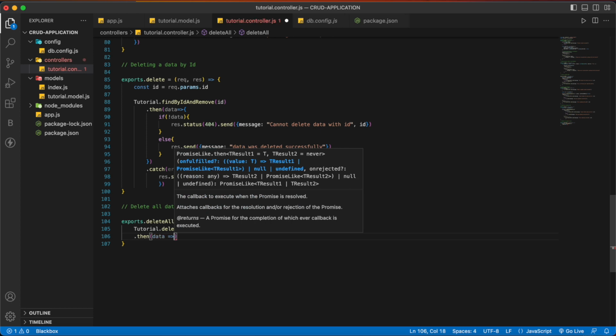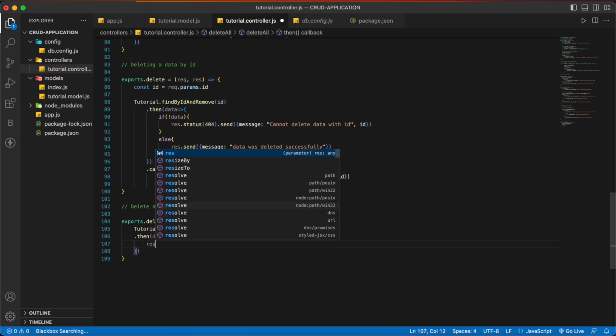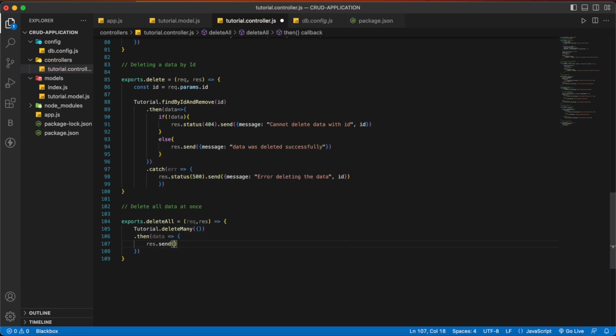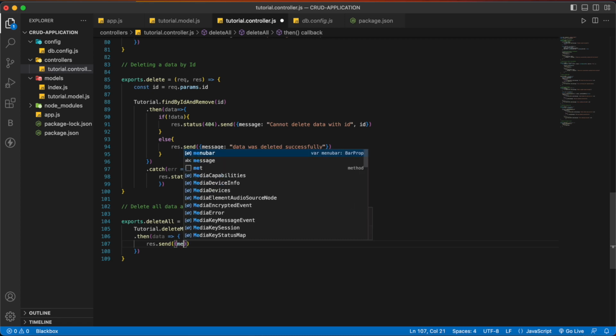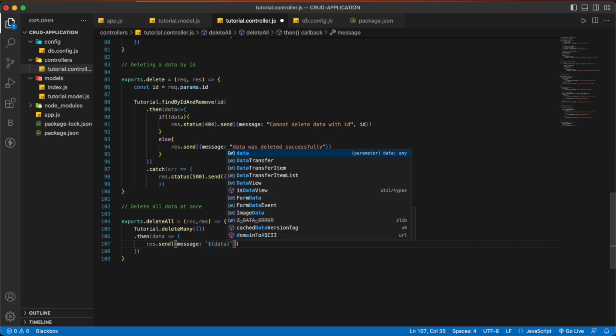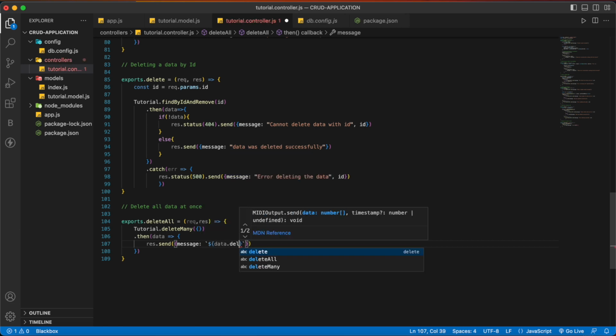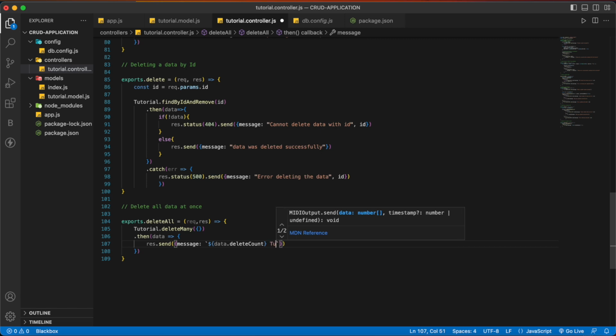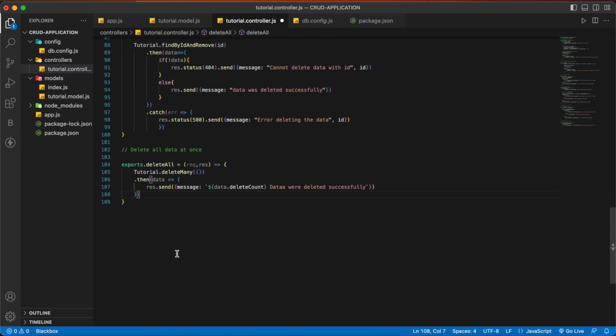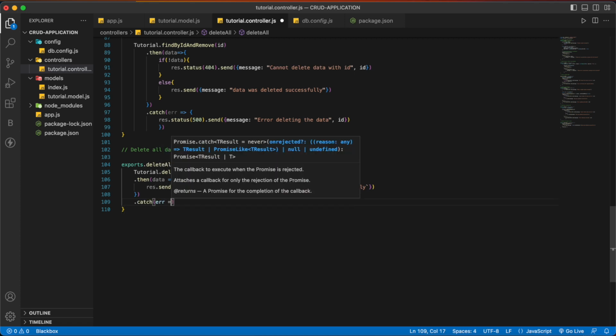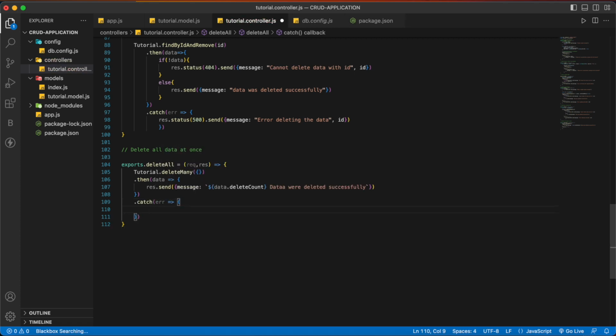data, res.send a message, which will be data.deletedCount, and after that we are going to catch an error if there is. So write catch error